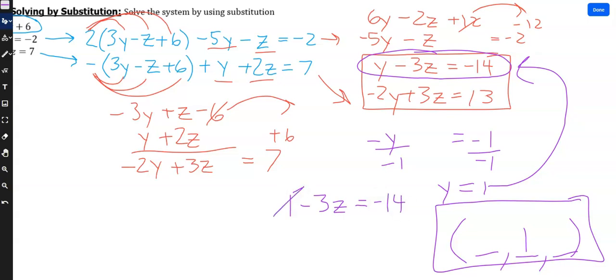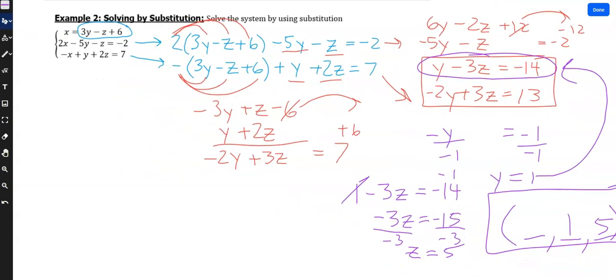So we're going to subtract 1 to the other side. -3z equals -15. And we're going to divide out the -3. So now we know that Z is positive 5. So put it in our answer. Z comes after Y, so